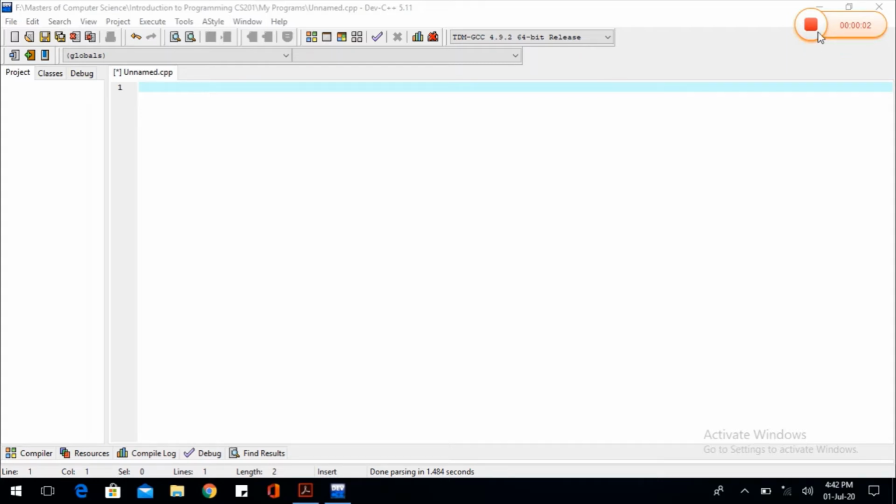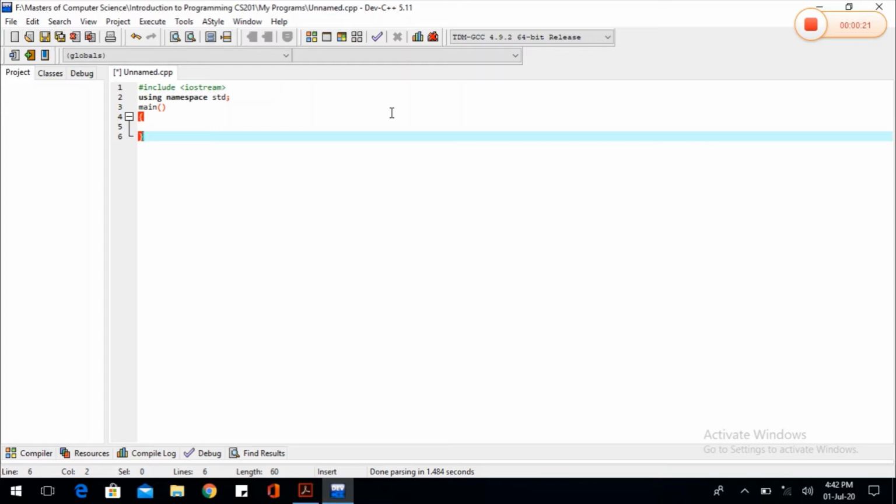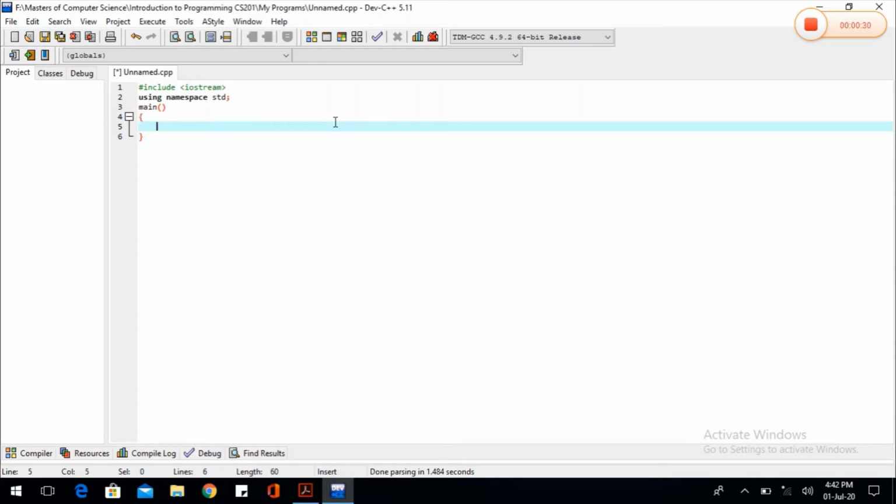So here I am in the source file of Dev C++. The preprocessor directives and all the other needed requirements that we have to write in our code, I am going to paste it here: hash include iostream.h, using namespace std, main, and the body of the function. So now we are going to start with our cout statement. So here cout less than